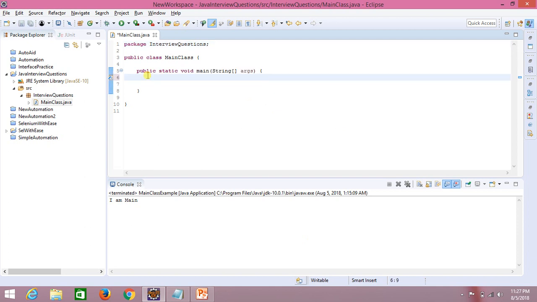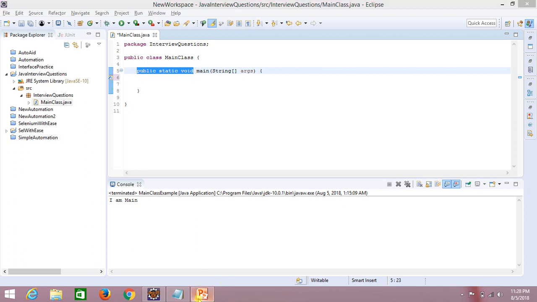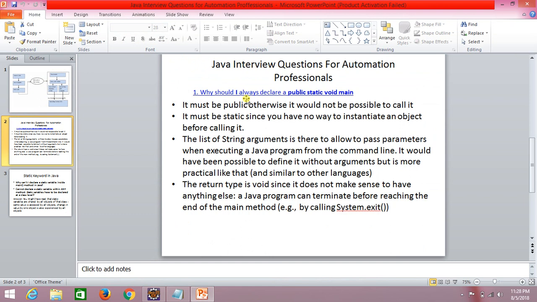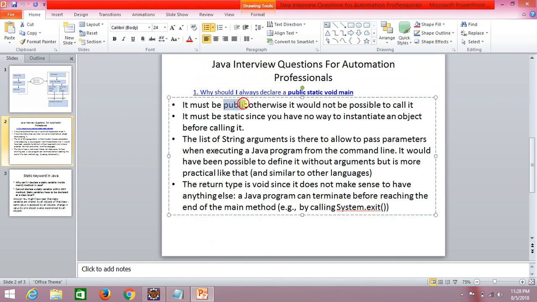Okay, so see that as soon as we create it, Eclipse automatically creates it as public static void. Why? As the theory says, if we don't declare it as public, it would not be possible to access it or to call it. What calls it